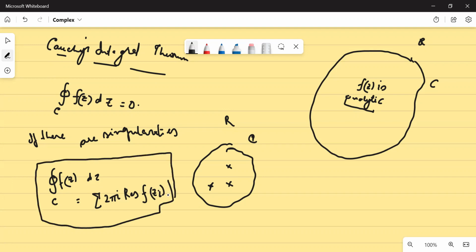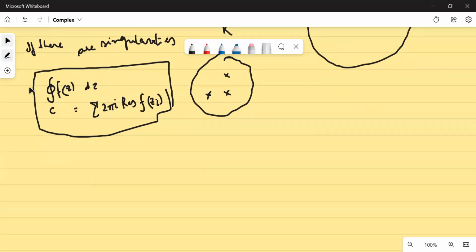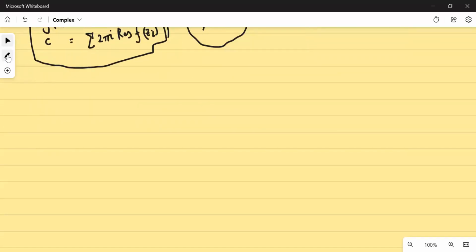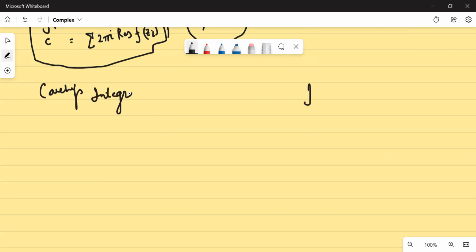अभी तक हम लोग ये कर रहे थे. So we'll move in this direction only, and we'll see a few more things. I'll take a lecture separately on what applications there can be for Cauchy's integral theorem. But right now we are moving on to something called Cauchy's integral formula. So what is Cauchy's integral formula?